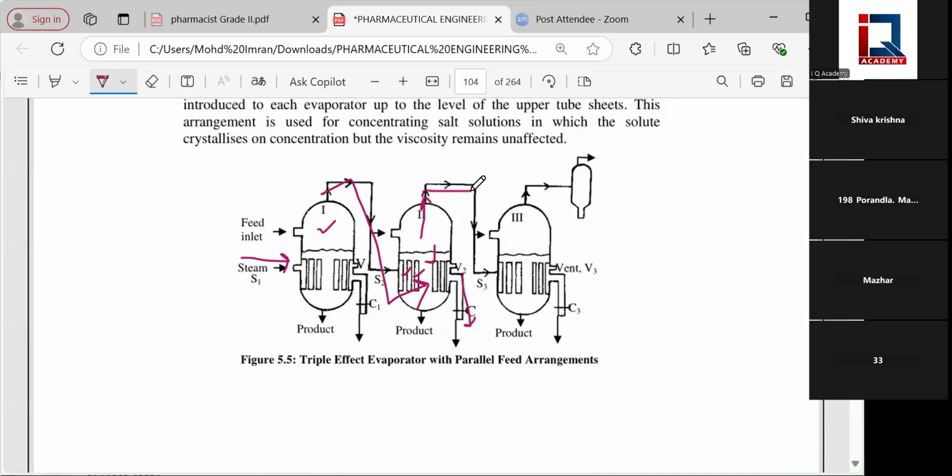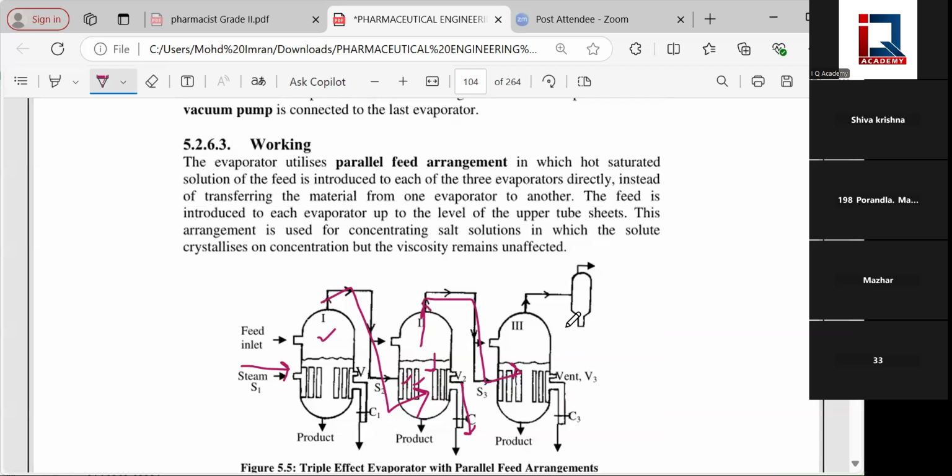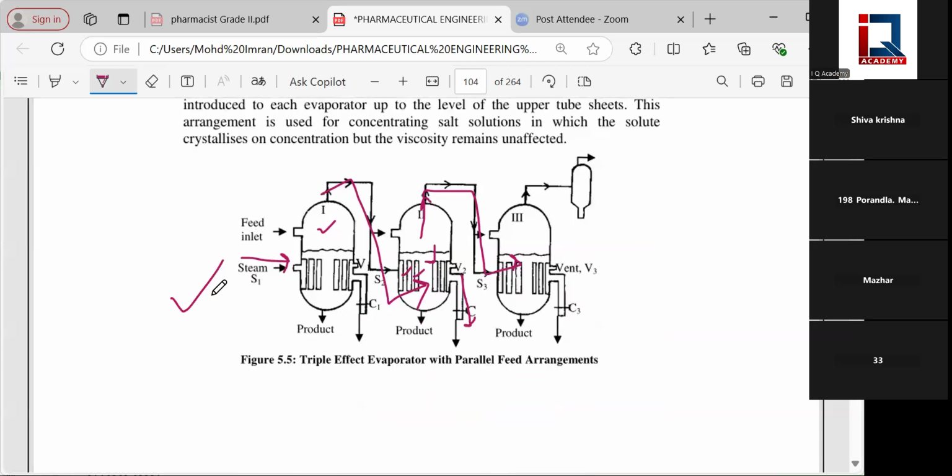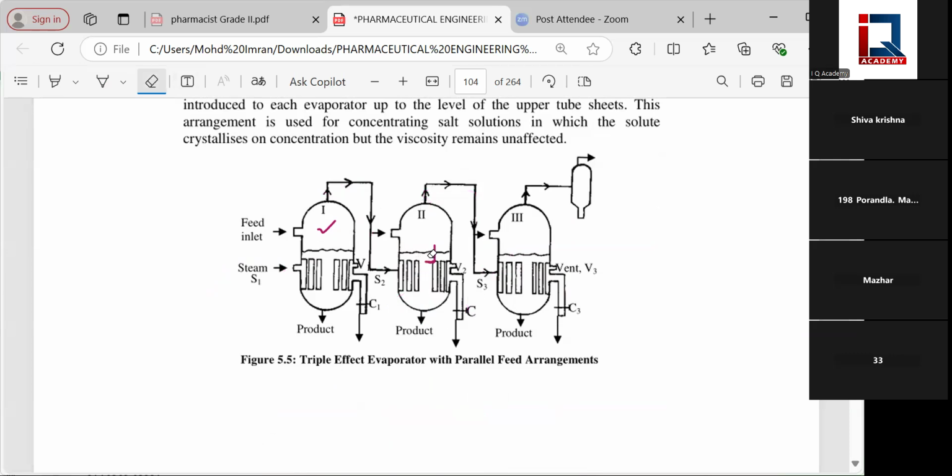The new vapor generated is used as a source for the third evaporator. Like this, 5, 9, 10 evaporators can also be connected. Like what we studied, I hope, in 4th class science, energy can neither be created nor destroyed,